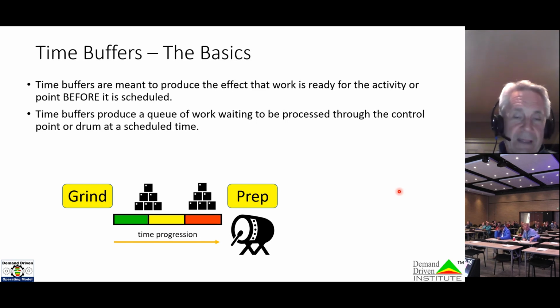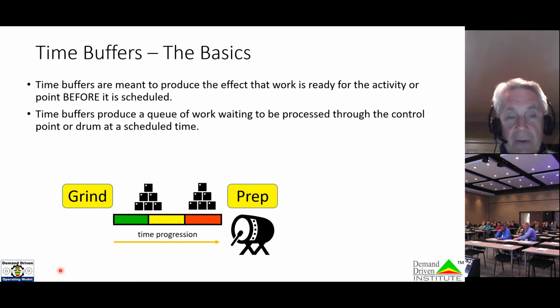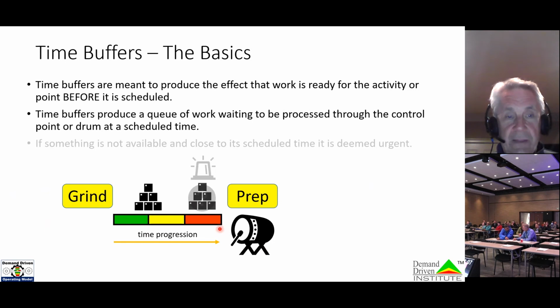So if you really get into the details of how we implement demand-driven capacity scheduling, that's the rope aspect of it. What time do I need to start the activity so that the routing steps will be completed by the time we reach the front of the time buffer in front of that drum resource? So think of all the steps upstream here. We want to release the material only when it needs to be released, to ensure that it arrives at the time buffer before the drum, because that's there to help protect that drum schedule again.